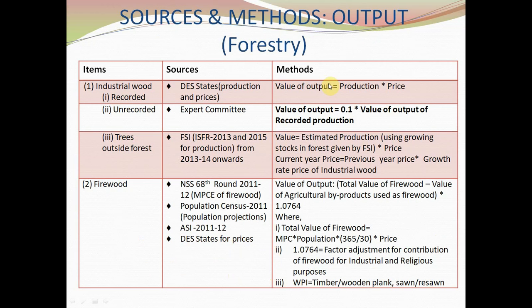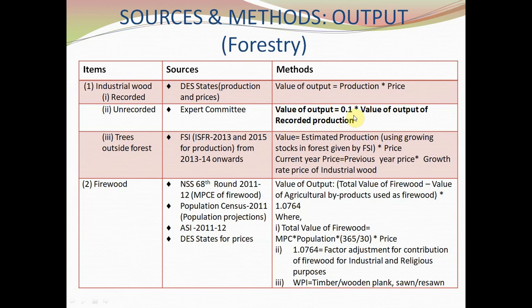Now, method of calculation of output in forestry sector. First of all, industrial wood. There are three parts in industrial wood: recorded, unrecorded, and free outside forest. For recorded industrial wood, the states are providing production and prices data, and value of output is production into price. For unrecorded industrial wood, expert committee reports are there, and on the basis of those reports, value of output is